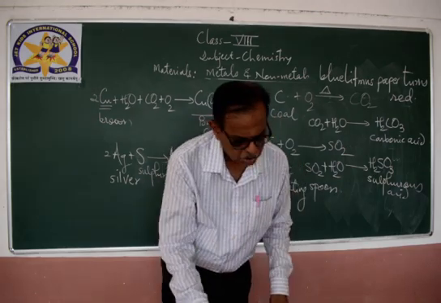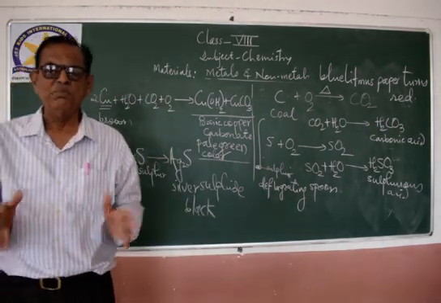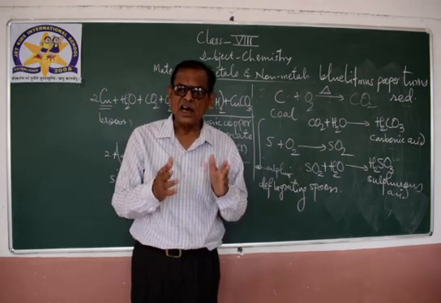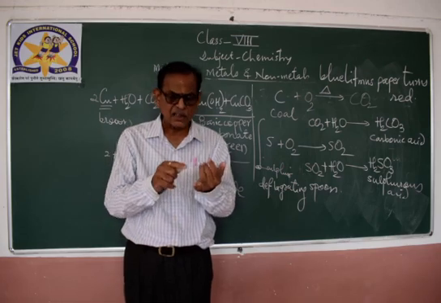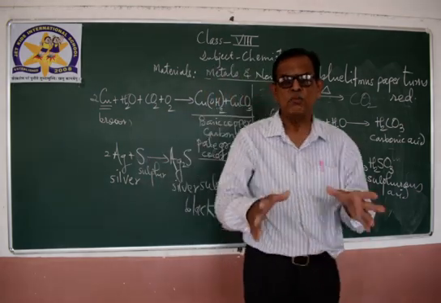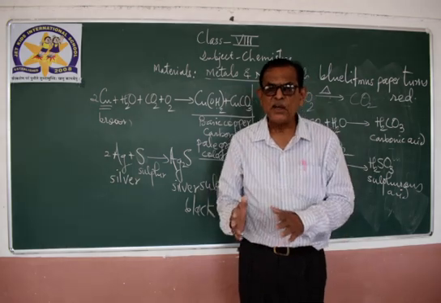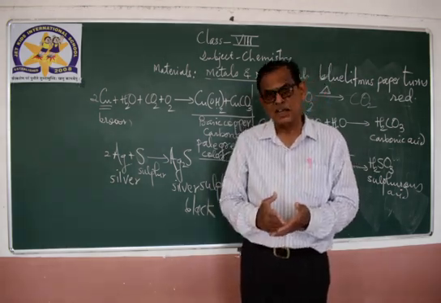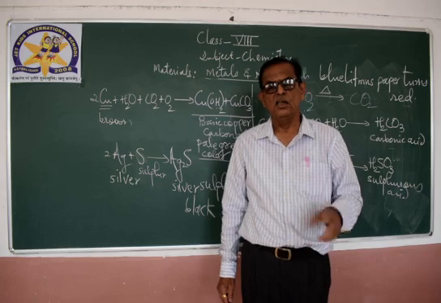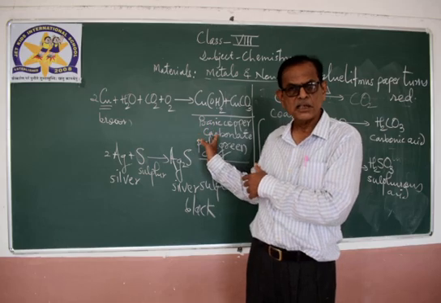And about sodium, potassium, lithium, rubidium, cesium, francium. These are the alkali metals, and these alkali metals like sodium and potassium are highly reactive. They are very sensitive to the atmosphere, because sodium is a soft metal, potassium is a soft metal and can be cut by knife, and if they are exposed to the atmosphere, they immediately combine with oxygen to form sodium oxide and potassium oxide, as I just explained.